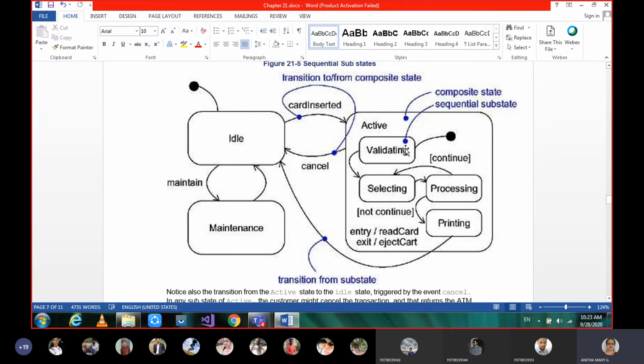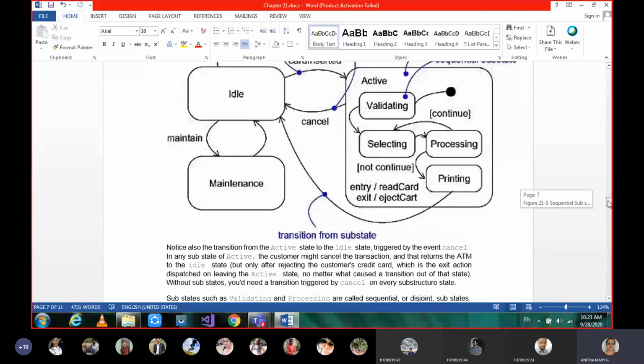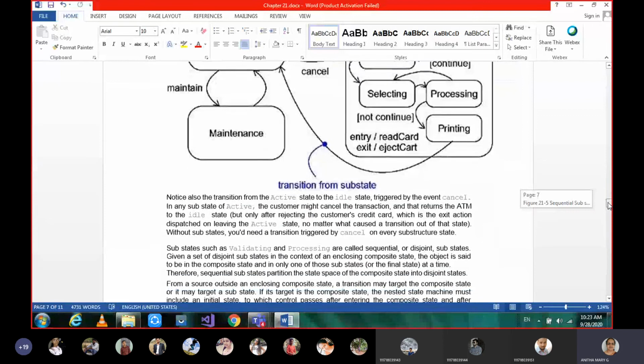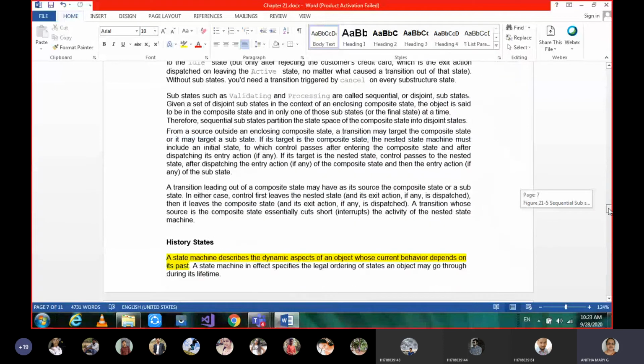So that is the initial state of this. Why is there no stop state for this? Because the ATM machine is always maintained. That's why there is no stop state. There are some systems which won't have a stop state, and you can take the ATM machine as an example.